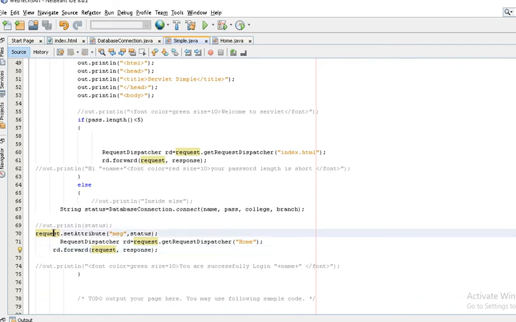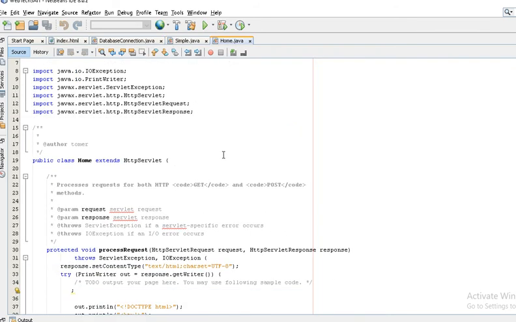So I'm using this request object, and setAttribute is a method with which you can transfer some data from one page to another page, right? I'm using the status data from this page and dispatching this message to the home page. Home is another servlet actually.